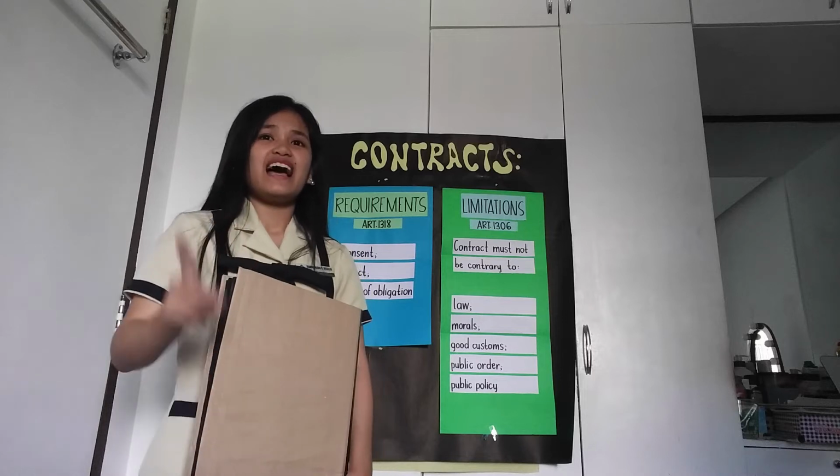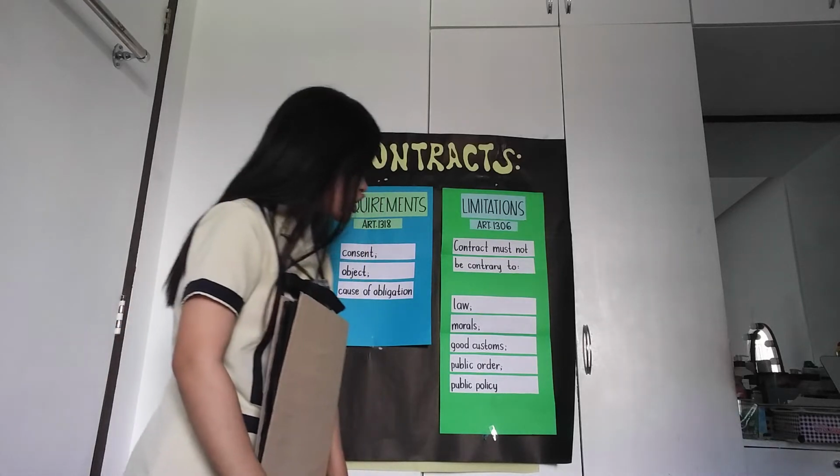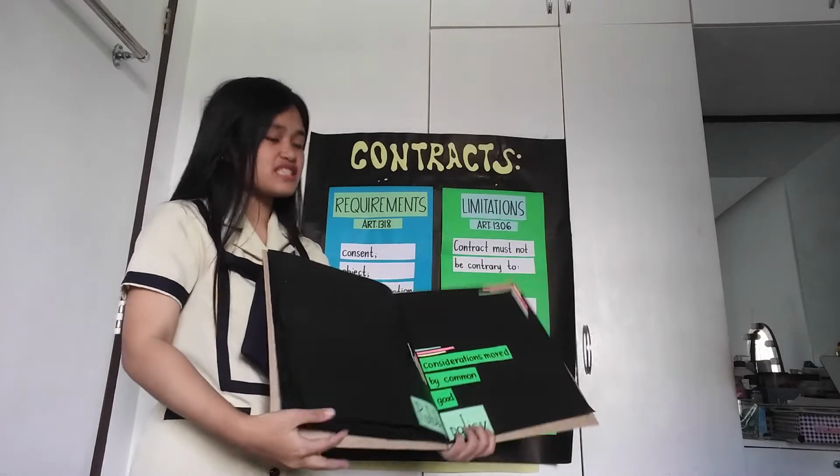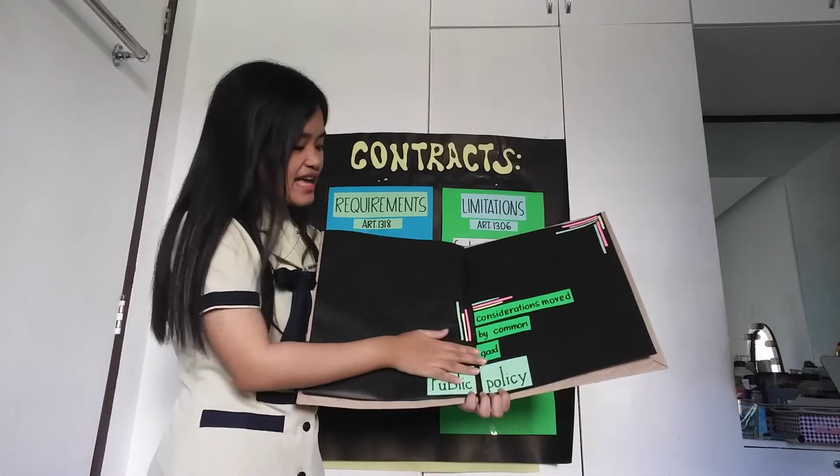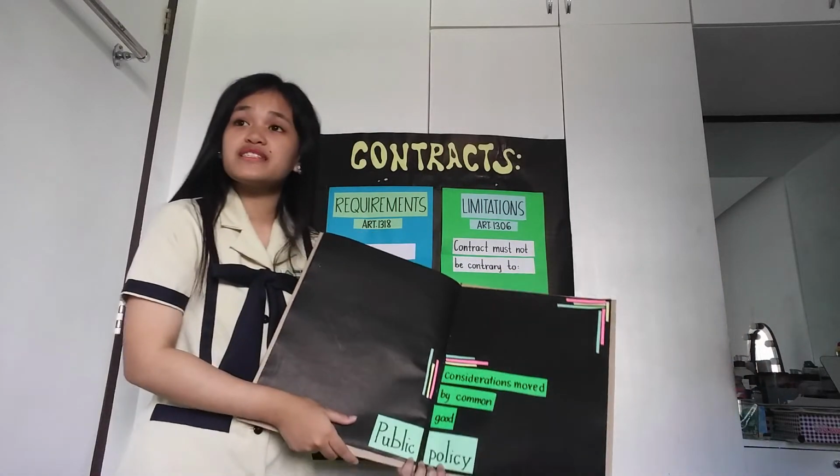Because what's good for the community is for Mr. X to be put into prison because he is a thief. And that thief can do that sort of thing to another person again inside the community. That sort of contract violates public policy. So, can I hear someone from the class give an example of a contract that violates the public policy?